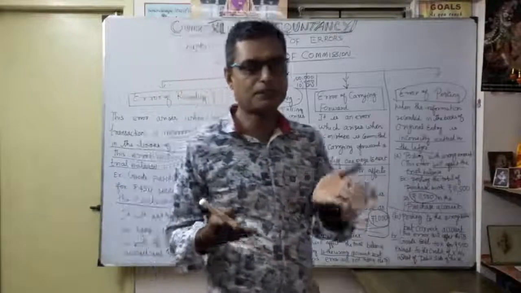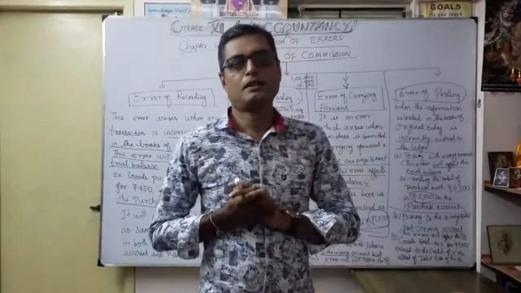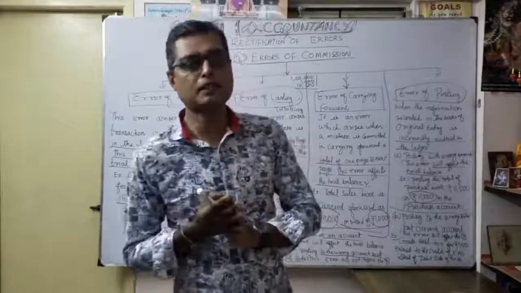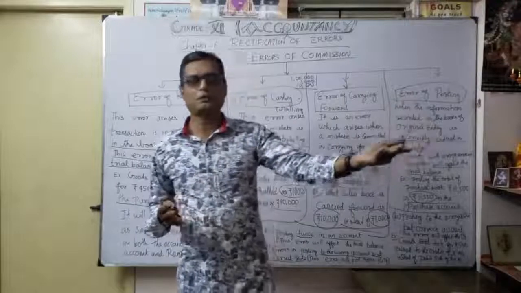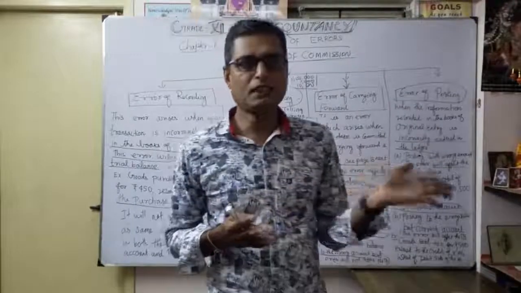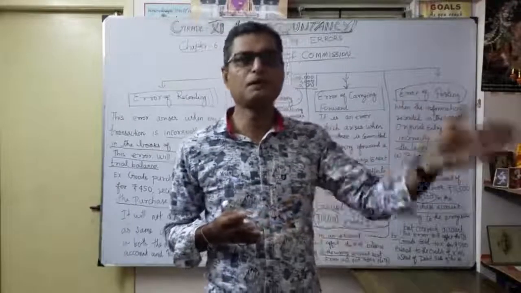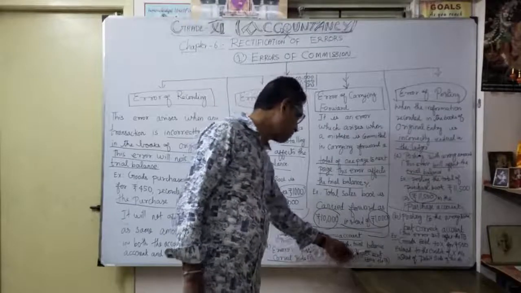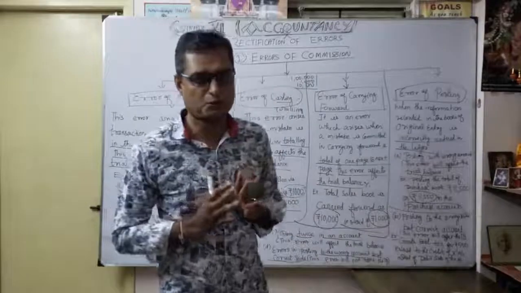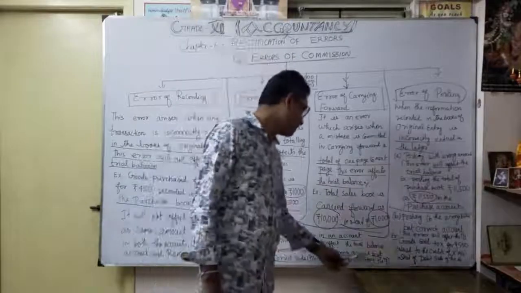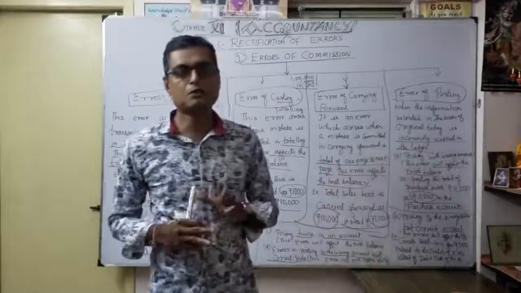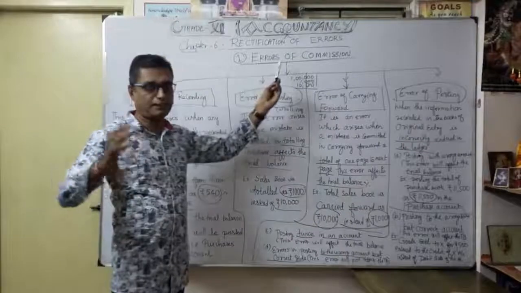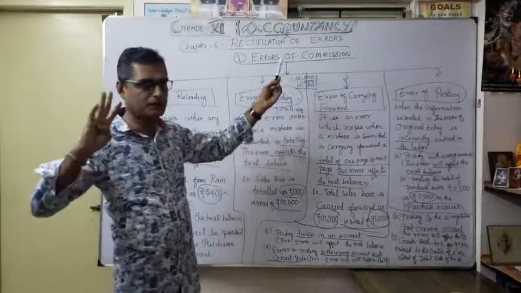As with expenses, for example, instead of salary account debit, the particular expense is debited in some other account, for example, rent account. So only the account is wrong, but expenses mostly come on the debit side. Understood? That's the possibility here: error in posting to the wrong account but correct side. This error will not affect the trial balance. Understood? Those are the four types of error in this first classification of errors.